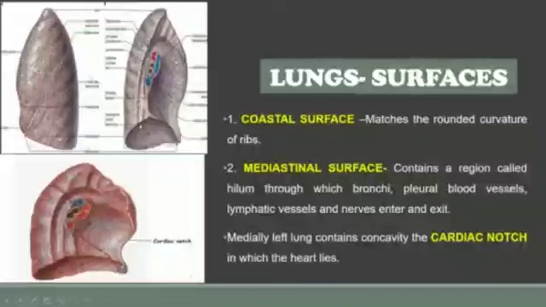Whereas the mediastinal surface, as you know, the central axis of the body, you call it the mediastinum. So this part of the lung, this part, you call it the mediastinal surface. When I zoom it, it is like this, because the mediastinal surface has a region called the hilum. The hilum is the area through which your arteries, veins, lymphatic vessels, and the bronchi, all the structures will enter and exit the lung through this hilum.